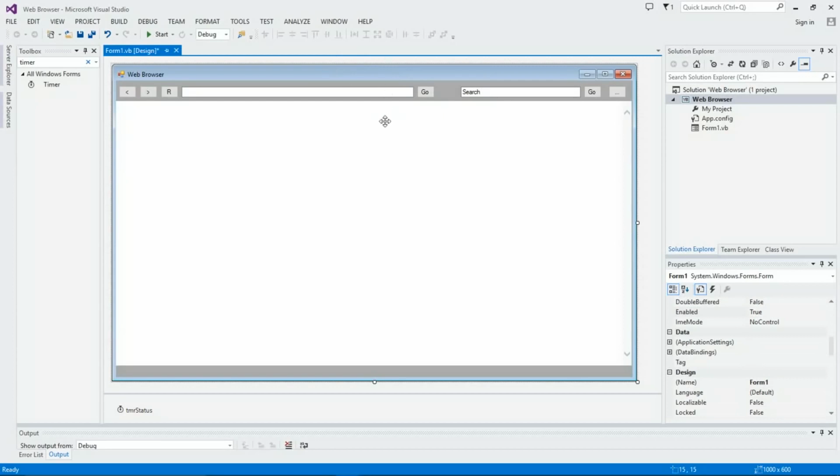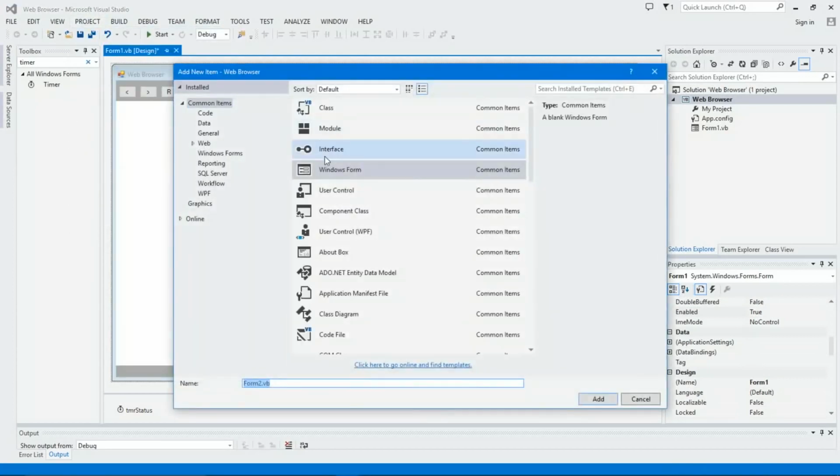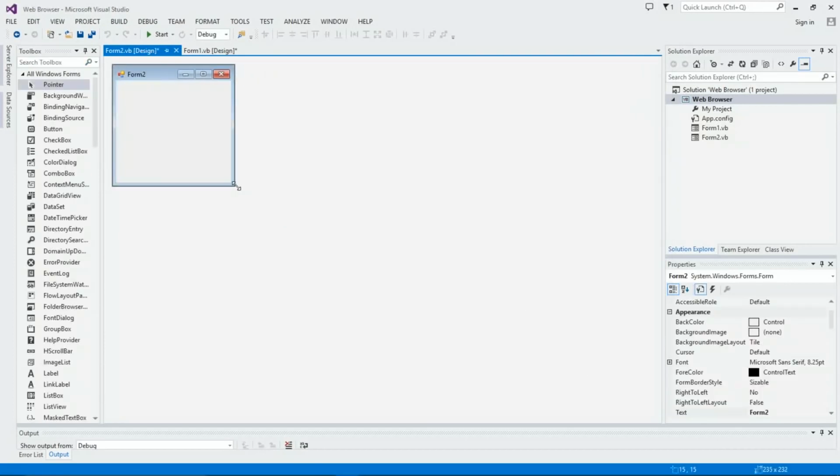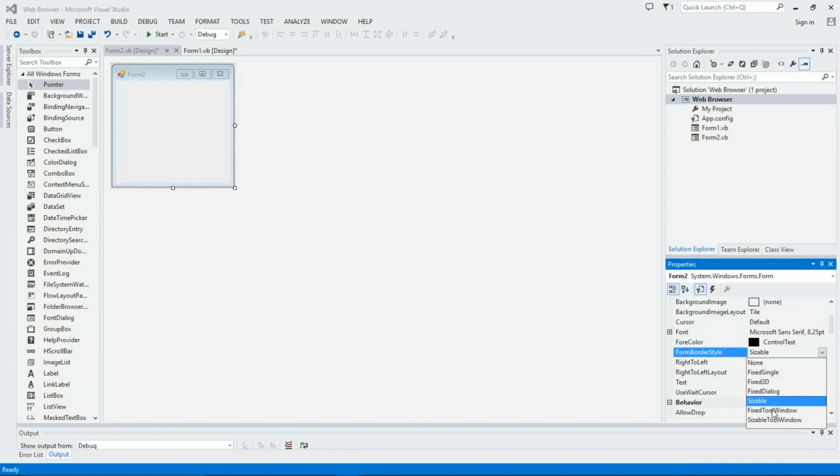And so now we have our first form, and we need to go ahead and do project, add Windows form, and this will be form 2. We really don't have to name it anything. You could name it if you wanted to, but we really don't have to. First thing you're going to want to do is change sizable to fixed tool window. You're going to want to change the text to web browser settings,